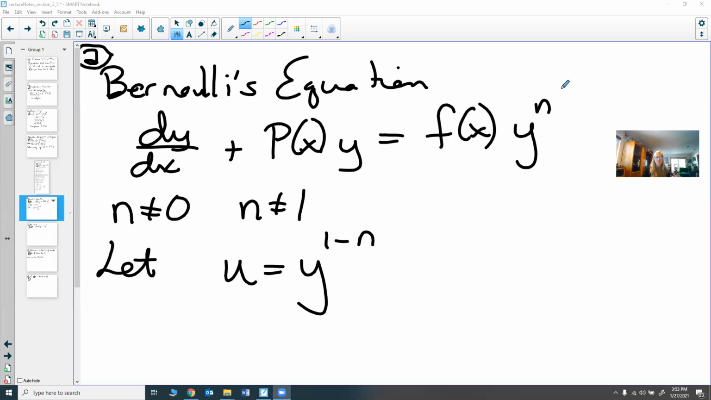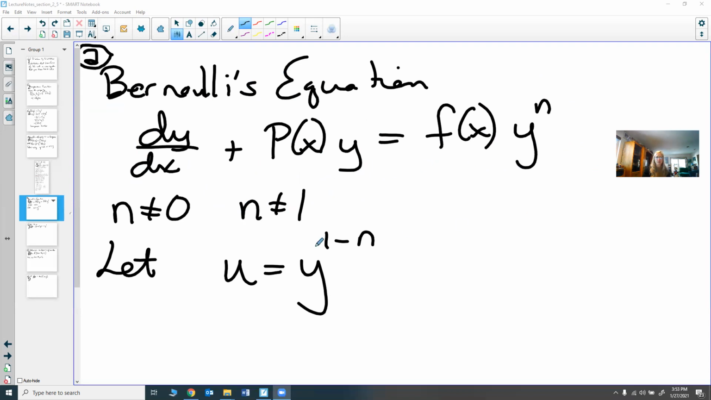y to the n. So this looks a lot like linear. It looks like almost linear. If you look at the left-hand side of the equation, we have dy/dx plus p(x) times y. That looks very linear. But then we end up with this f(x) times y to a power. So it's no longer a linear function, but it still can be solved